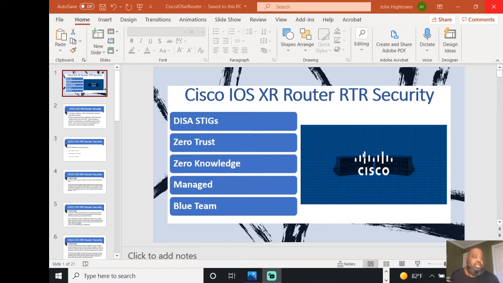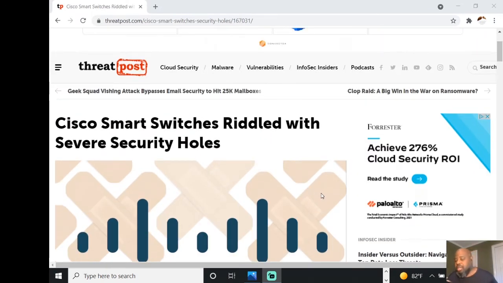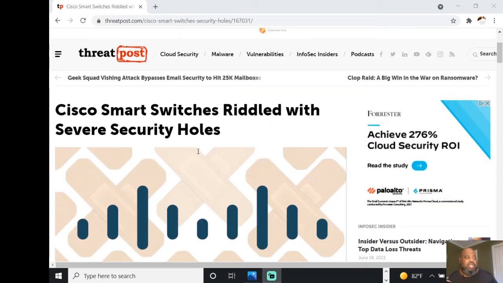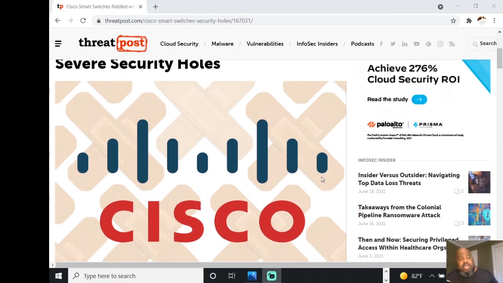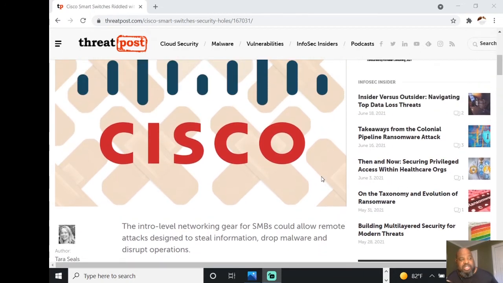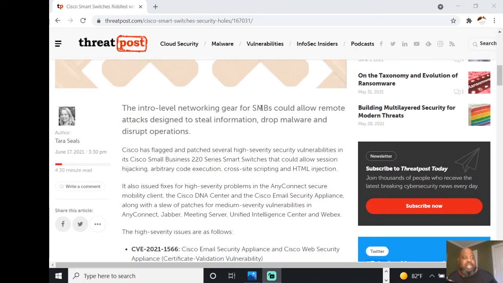Let's look up the other one. So of course this will be in the description box. We're just going to skim it. Cisco smart switches riddled with severe security holes, which you think would be a little out of bounds for Cisco. Once again, since they're the 800-pound gorilla and they live on government security, you think that would be a little better. Intro level networking gear for SMB could allow remote attacks designed to steal information, drop malware, and disrupt